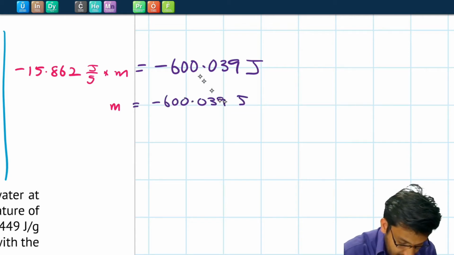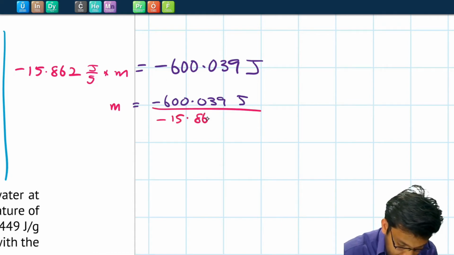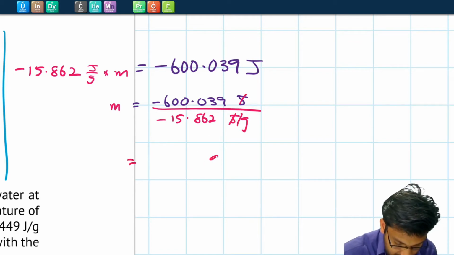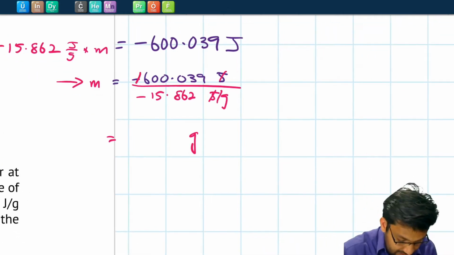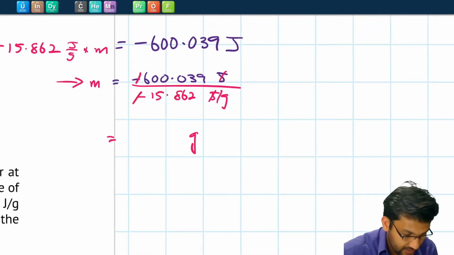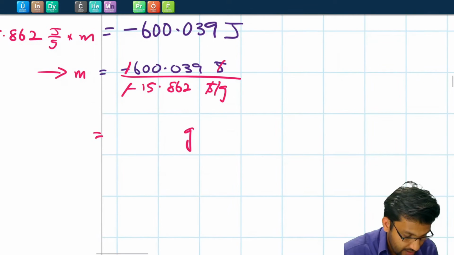Okay, so let's solve for mass by dividing both sides by minus 15.862, so we'll have minus 600.039 joules divided by minus 15.862 joules per gram. So the joules cancel out and our answers will be in grams, which makes sense because we're solving for mass. The minus signs will cancel out and you plug this into your calculator and you will